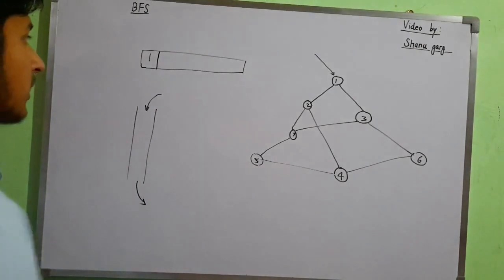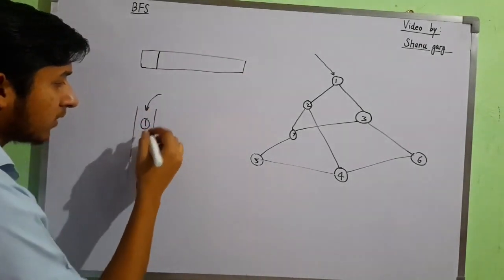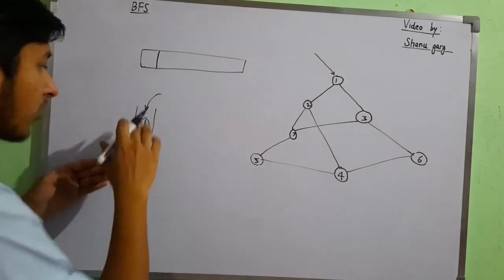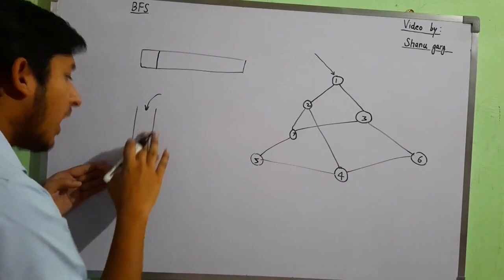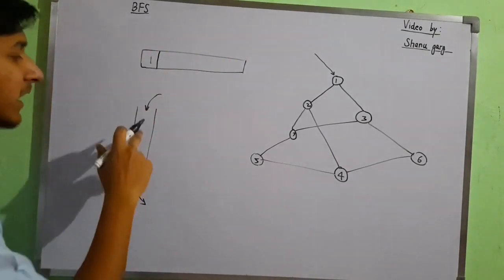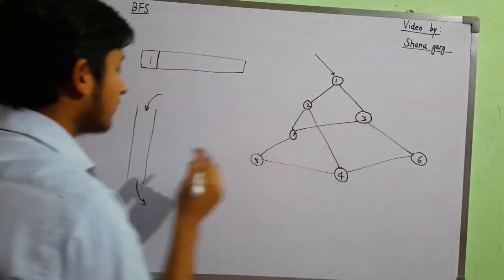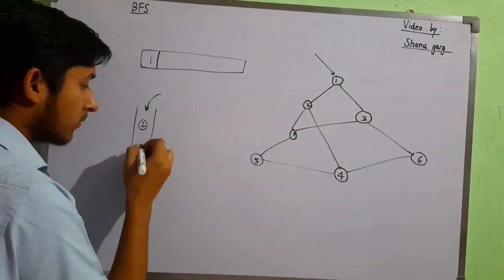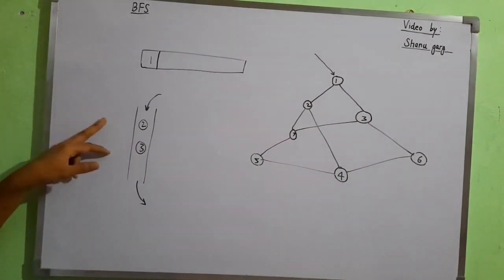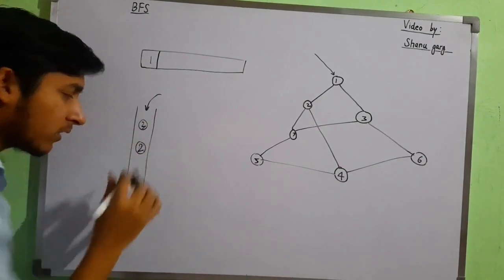Now initially it was empty. We had one here, we get this, and we say okay, now you get out of here and get printed on the output screen, and let me know your children. So it will say I have two, these two. There is no order. You can get 3 first, 2 secondly, there is no order. That's totally fine.